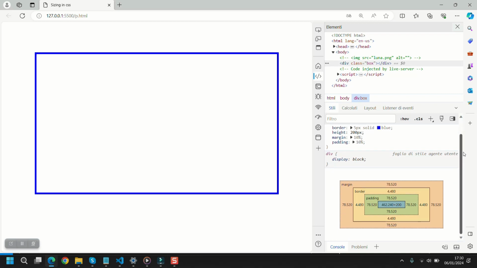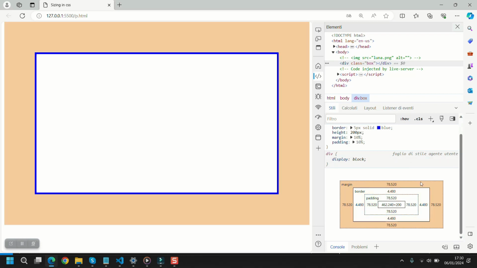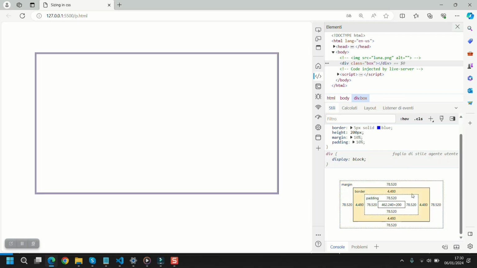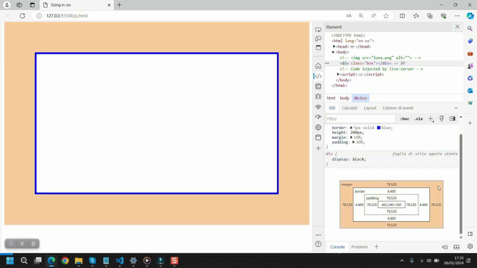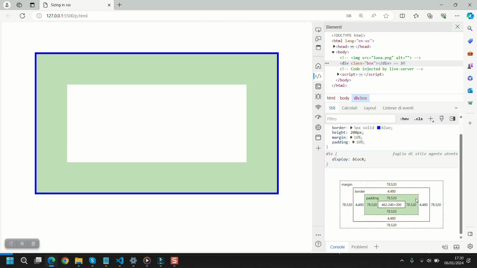We defined a margin and a padding. If you look here at the values, you will see that the margin and the paddings are all the same, and it's fine. Margin and padding have the same value, and they are both